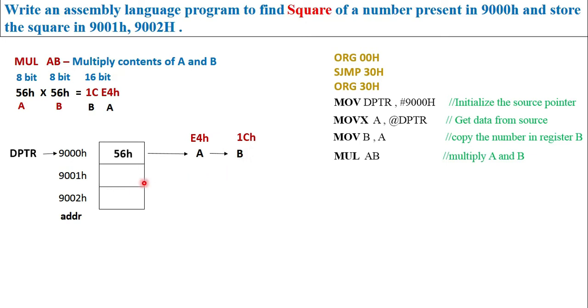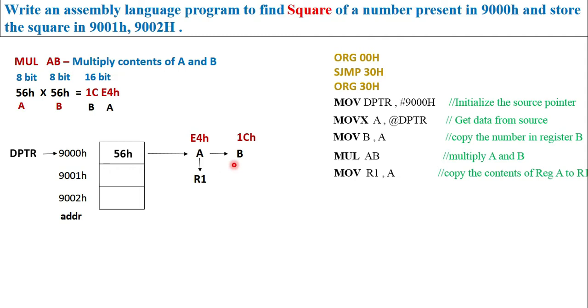But we know that we cannot directly store the contents of B register into external memory. It should happen through the accumulator. So we need to first copy the contents of B into accumulator. But if we copy contents of B into accumulator, we will definitely lose the contents of accumulator, which is important. So first let us safeguard that content by storing it temporarily in any one of the general purpose registers R0 to R7. We are using R1 here. So copy contents of accumulator into R1. The instruction is MOV R1, A. Now E4 is safe in R1.